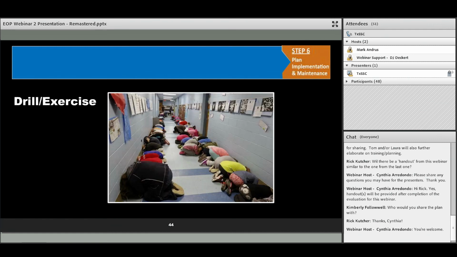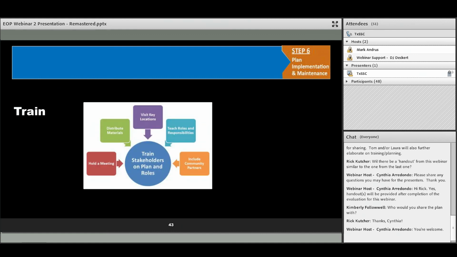So make sure that your training and your resources are very extensive. Let me go back a little bit and look at the individual things, whether you hold a meeting, which is one way that you can get some of the materials distributed, but you can also distribute them on paper. Most schools are very good about sending out your emergency operations plans and notes or flip charts or something else to be a reference to your different activities.